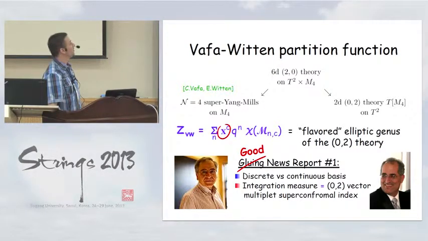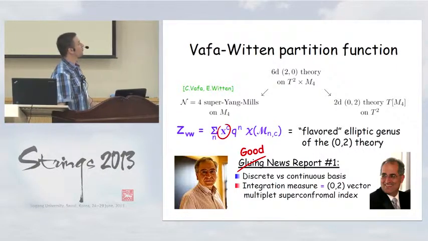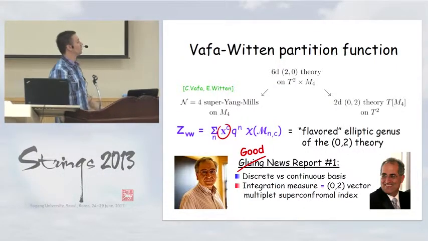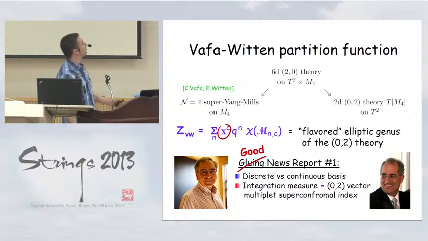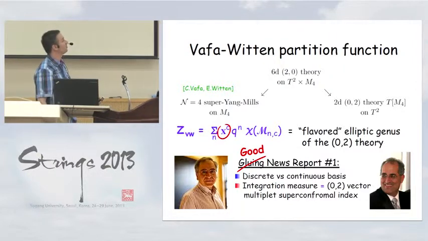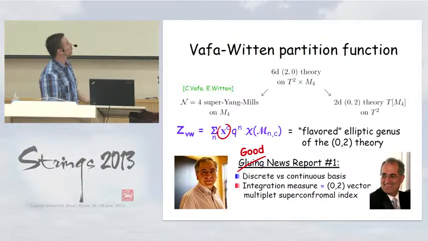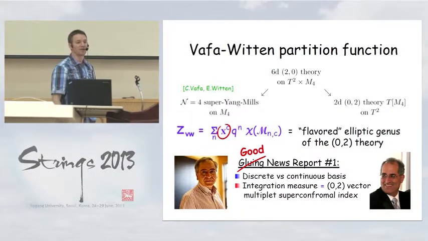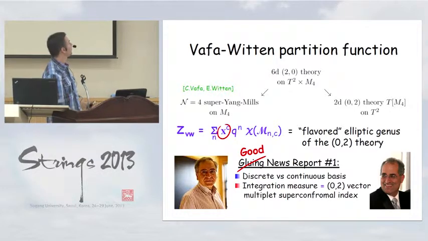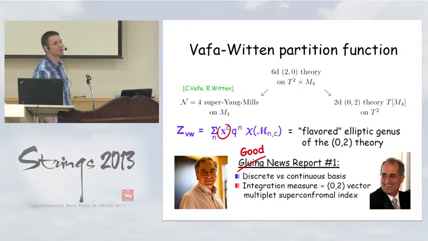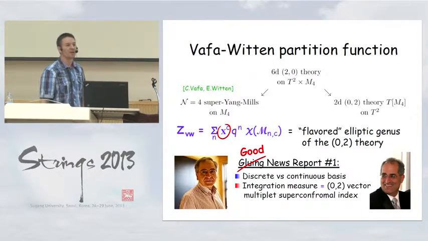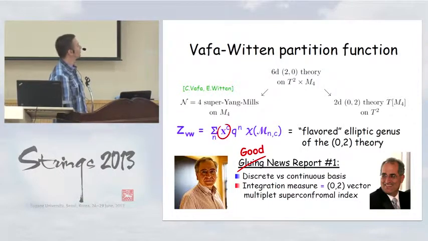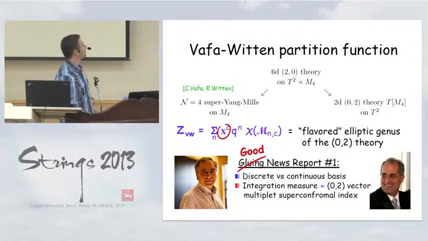So therefore, you obtain a relation between the partition function on a torus, or so-called flavored elliptic genus of the (0,2) theory, and, if you use the standard reduction of the 6-dimensional 5-brane theory in a different order, the reduction of this theory on a torus will give you N=4 super Yang-Mills. In fact, the twist I'm using here, along the 4-manifold, is precisely the so-called Vafa-Witten twist, which leads to a partition function that counts Euler characteristics of moduli spaces of instantons. A somewhat new feature of this phenomenon is that there are additional fugacities or variables which count Chern classes of gauge bundles on this side,